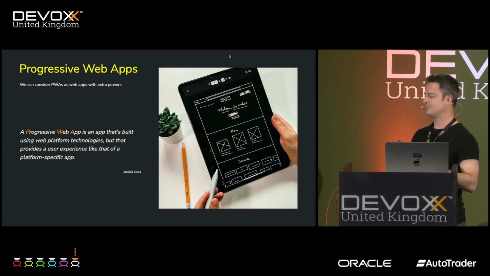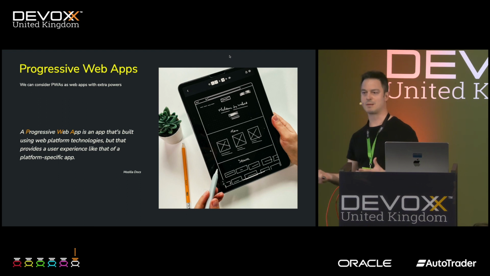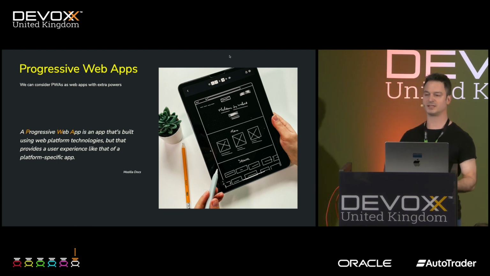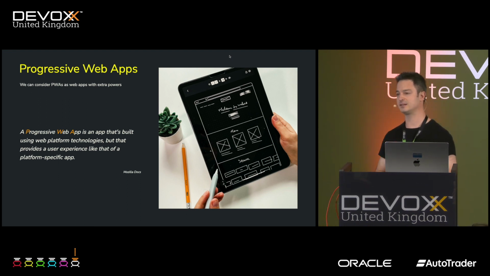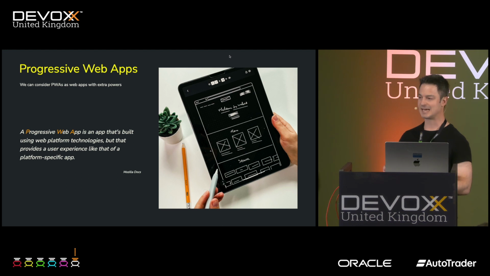We can say very simply that a progressive web app is a normal website or web application, but thanks to modern technologies that we will see in detail later, it's able to provide a look and feel and a very rich user experience, exactly as if it were a native app.